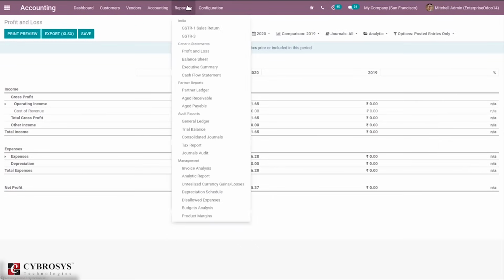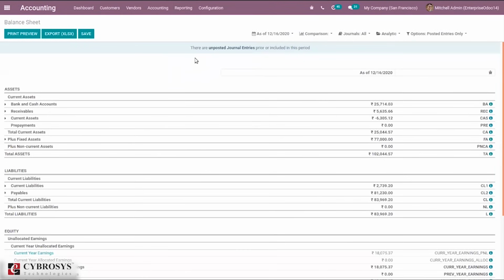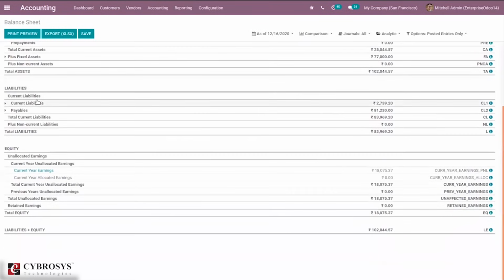Then we also have a report for our balance sheet. So it reflects a company's assets, liabilities, and shareholder equity at a specific point of time. So you can see that here separately. You can see the assets, liabilities, and equity.